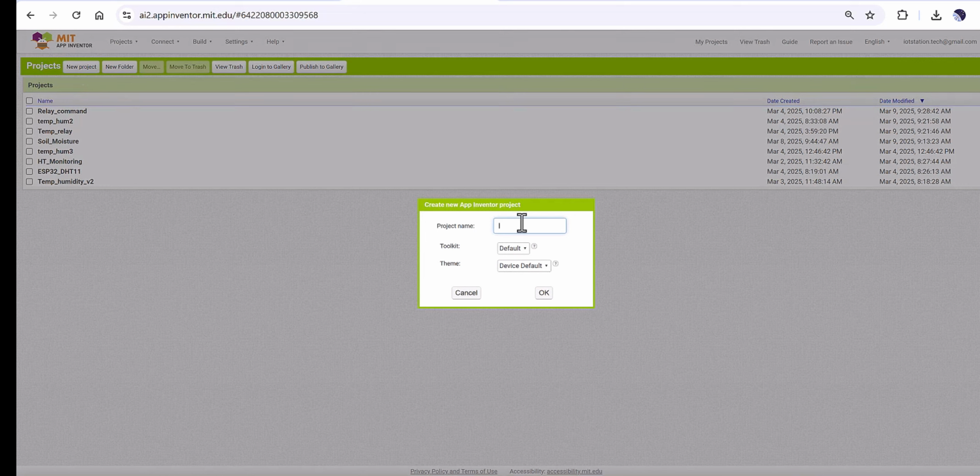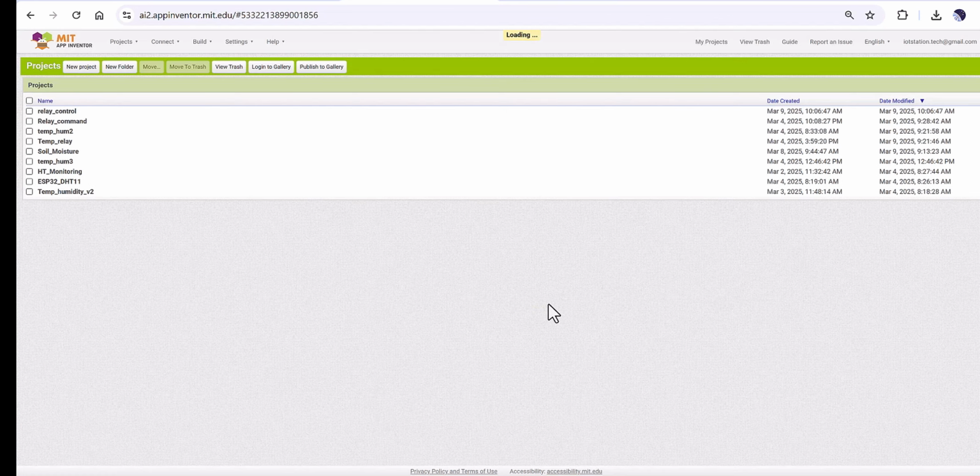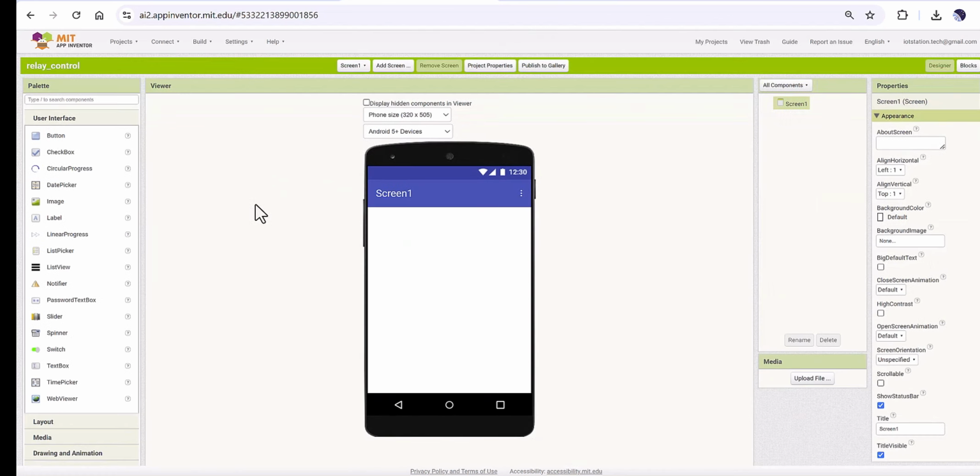I'm going to name it relay control. Although I had a project for the relay before, I'm going to create a new one only for the purpose of this tutorial. Then okay, it will create the new